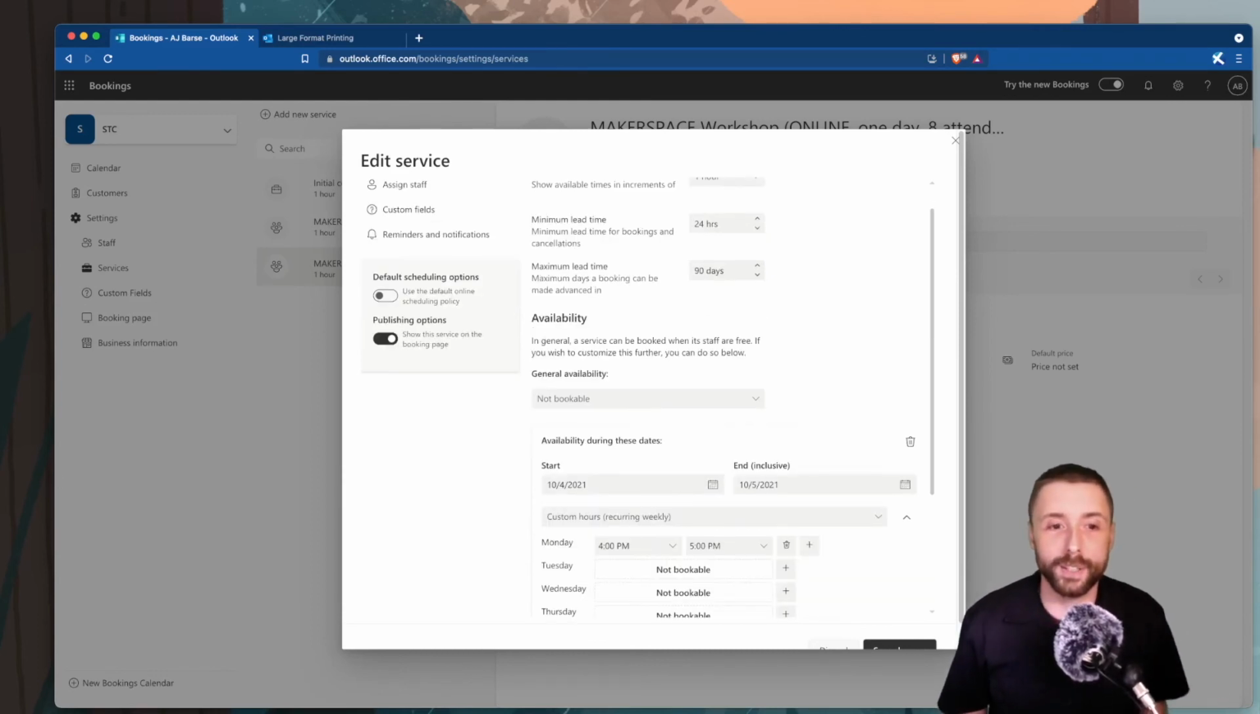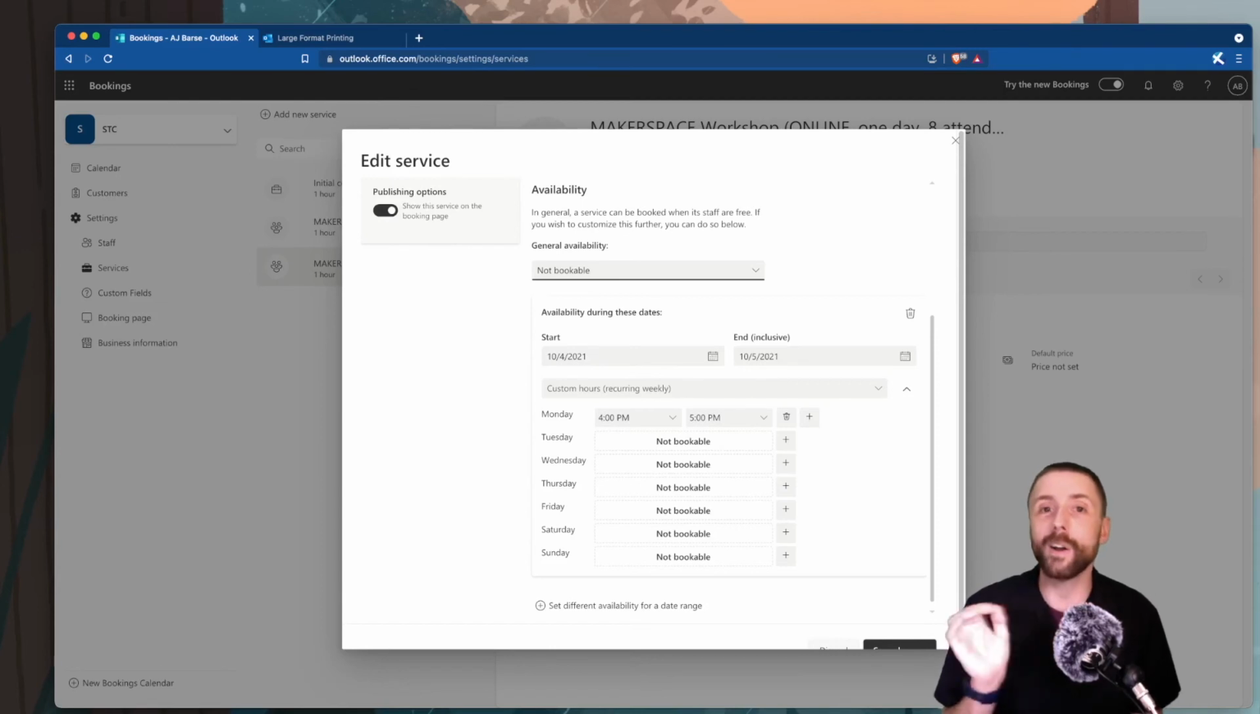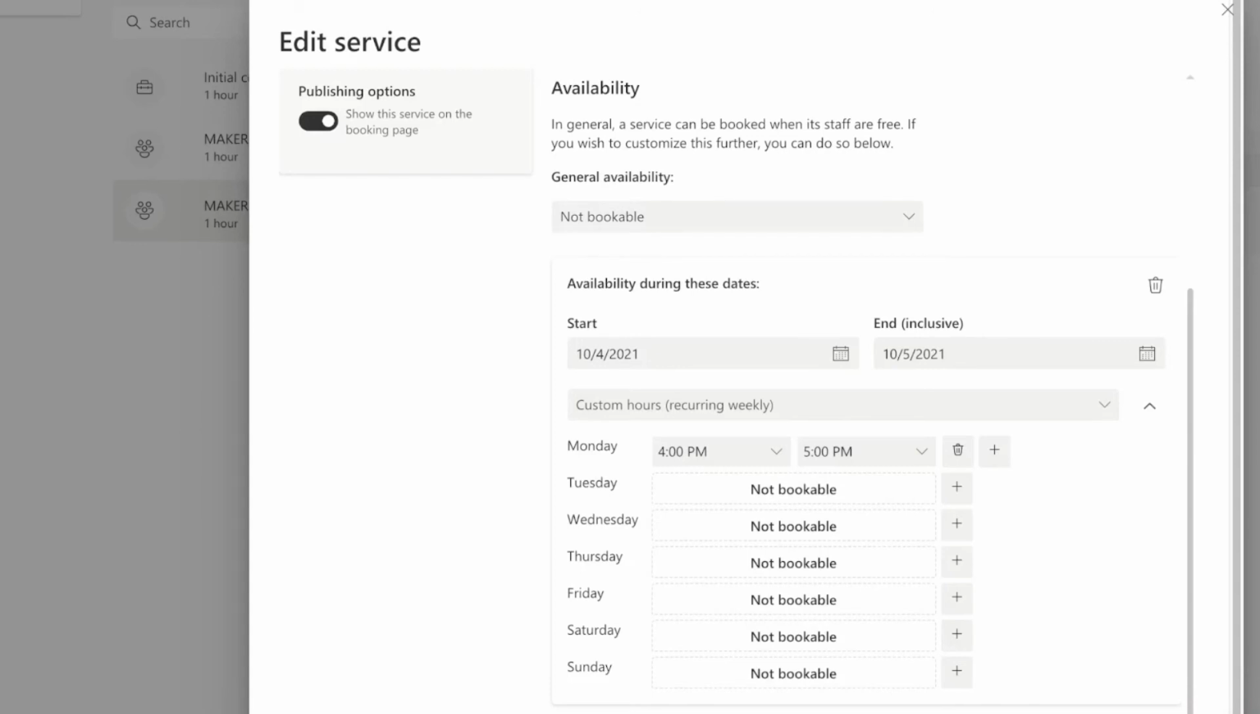Now here's where it changes. Our availability for this is general, not bookable, meaning I don't want this to show up on the calendar unless, here's the unless. The availability for this workshop is between 10/4 and 10/5. So it's a 1-day workshop with 8 attendees, and this one's made for online. You can do the same thing for face-to-face. And I've set